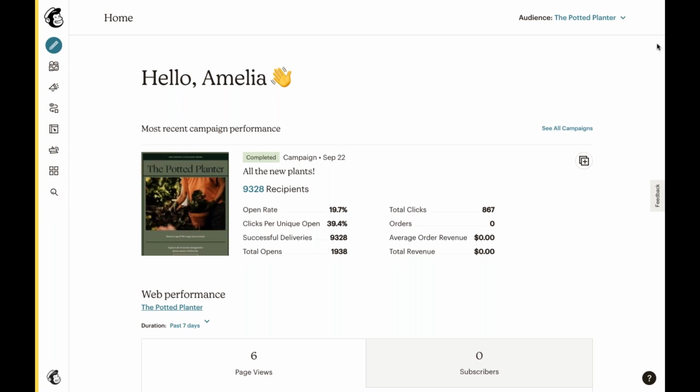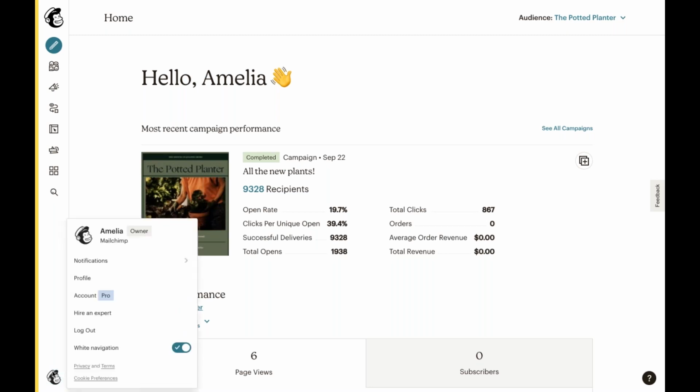And today we're going to start our in-app navigation by pointing out a few account and profile settings that are critical to successful use of MailChimp as a tool. Now, these account settings aren't going to be found directly in the sidebar right here, but we can find our way there by selecting our profile icon right down here at the very bottom left. And we'll select that. We'll see our name right there. And then once we've selected it, we're going to choose Account.